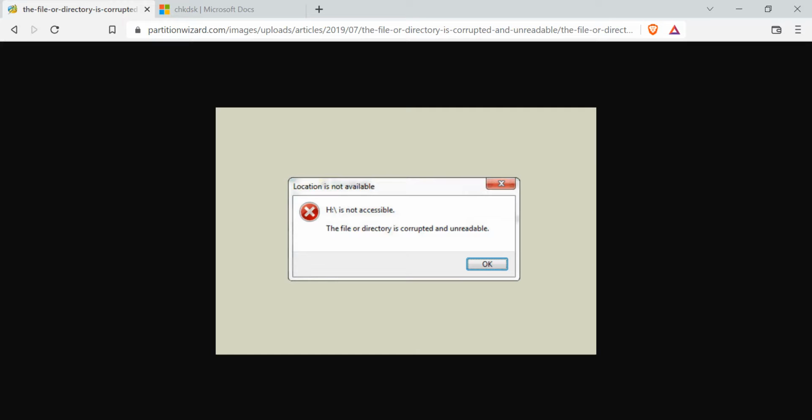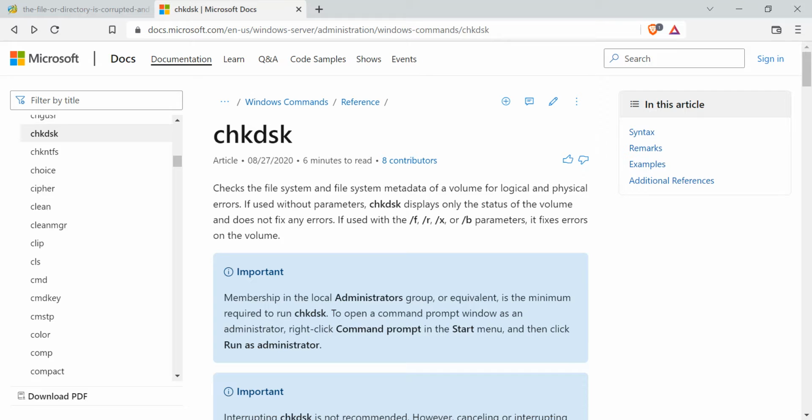One way you can fix this problem is if we use a command called chkdsk. So here's the documentation for that command, chkdsk. You can find documentation on the Microsoft website, docs.microsoft.com. Here's the URL if you want. You can just make a search for the chkdsk docs. In any case, we're going to use this command to try to fix your drive so we can get access again. And the options I'm going to use are /f